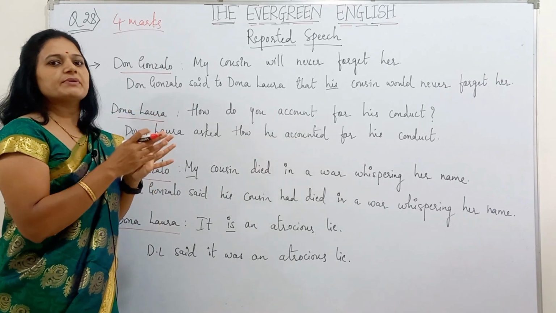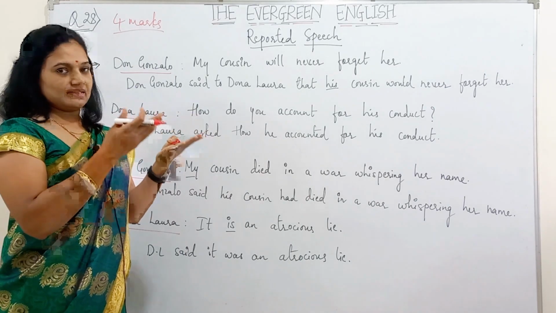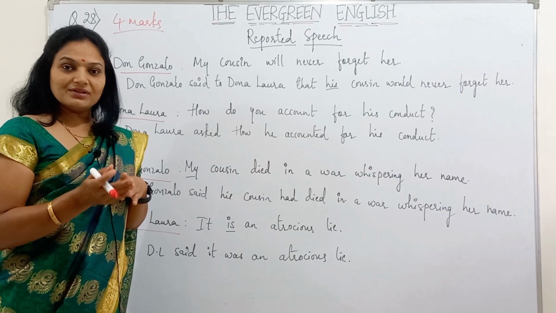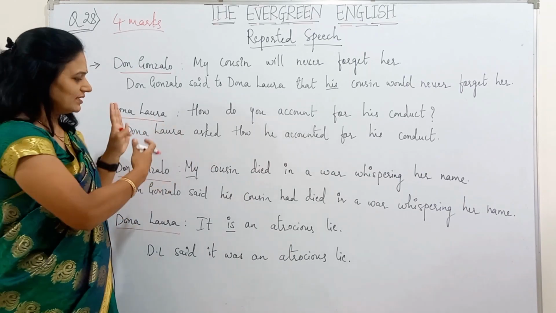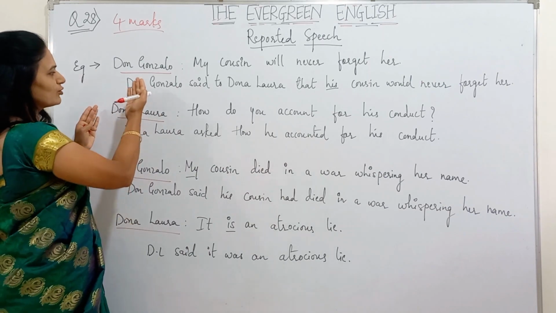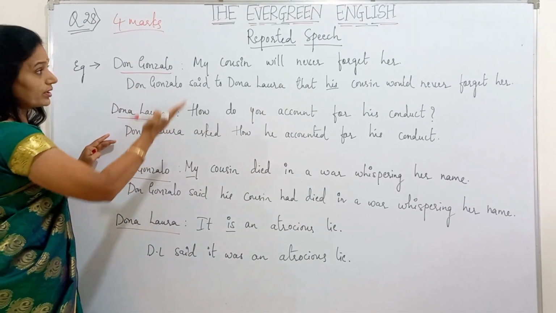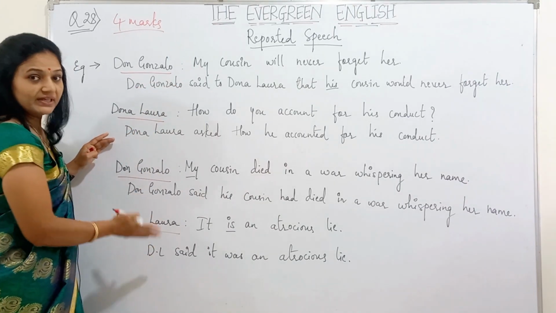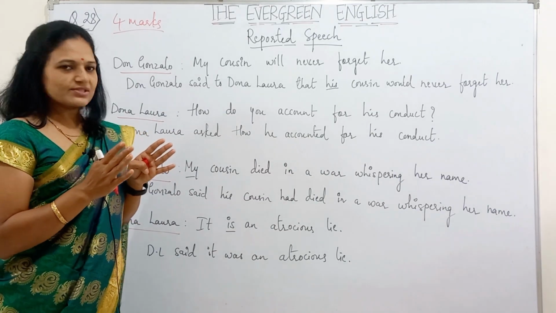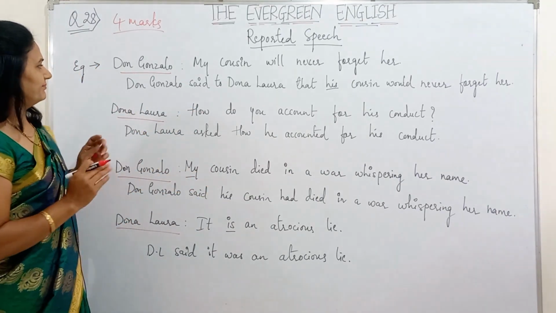You know all the rules. And of course, first person always changes to third person. Will changes to would, may changes to might, can changes to could. There are so many rules which we come across when we are solving examples. For your understanding, I have written the reported speech answers in between. In your exam, it should be like a paragraph. Understood? Reported speech should be like a paragraph.